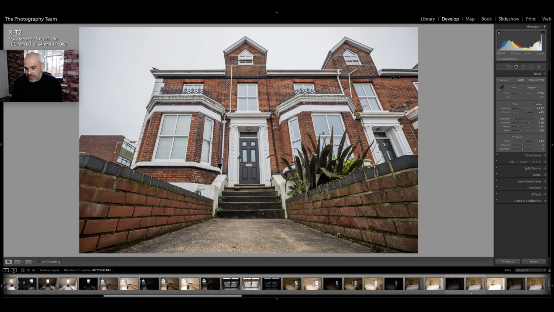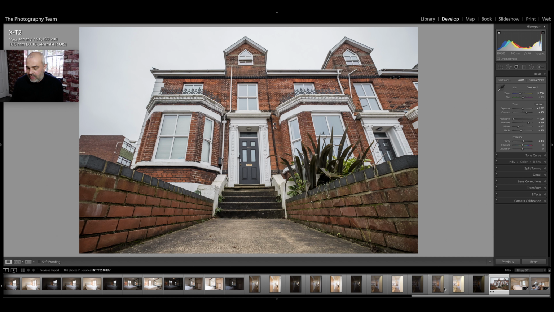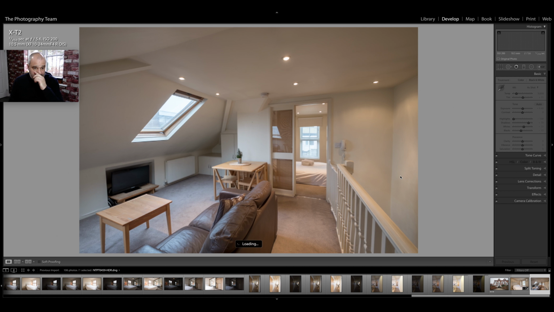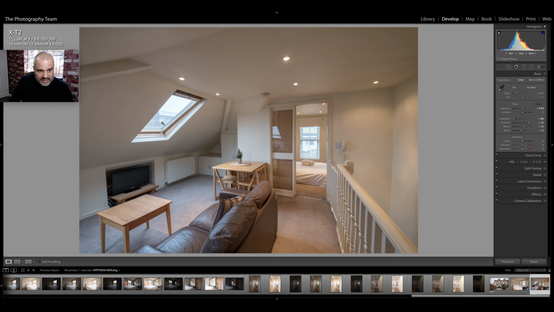Okay, so that's now merged together. If we go to the end of our images, there's the image that we just merged together. As you can see, there's still some detail in the highlights in the windows. There's good detail in the shadow areas. Now we still have some movability with this. As you'll see here, it has actually